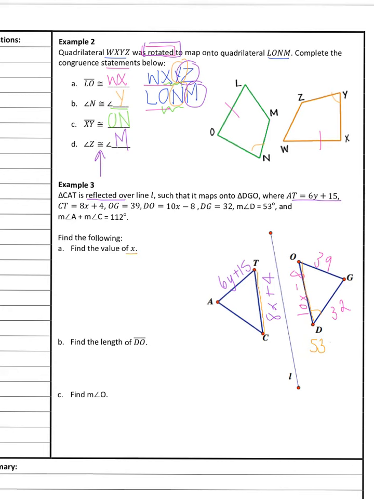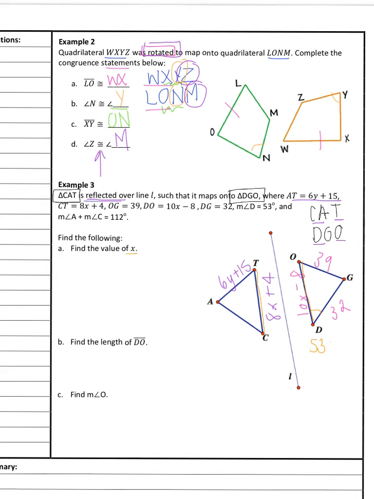So I first want to make sure that those are corresponding parts. So remember, you can always go back and take the letters that it gave you and stack them one above the other to ensure that you're setting corresponding parts equal, because we don't want to set parts that are not corresponding equal to each other. So CAT, and then I have DGO. So if I was given CT, first letter, last letter, and I was given DO, those are in fact corresponding,